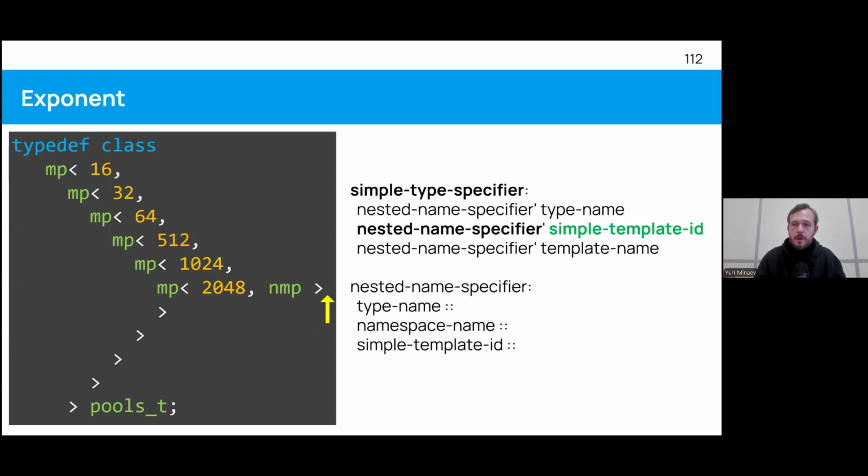Now we can go back up our call stack to the parent expression, and since we've returned the first template argument, the second template argument, we know the template name, we can parse this MP1024 as a simple template ID inside the nested name. So again, we don't see those 2 colons, we go back.